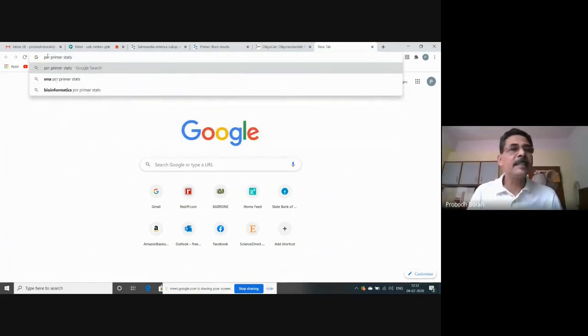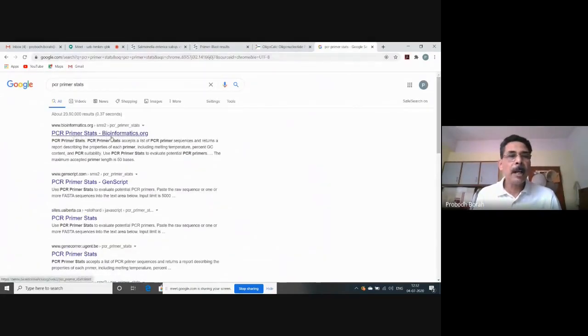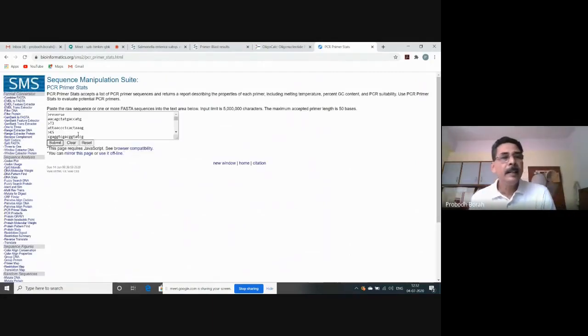Stats means statistics. If you simply write Primer Stats, it will come up. This is a tool developed by bioinformatics.org. Here you click PCR Primer Stats. PCR Primer Statistics means it shows the properties of the primer.